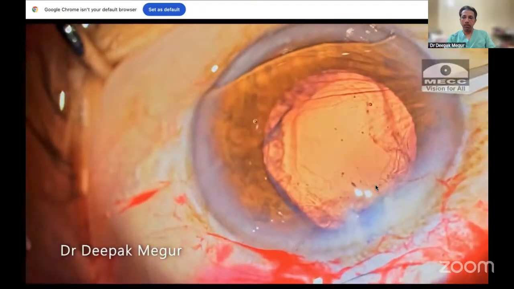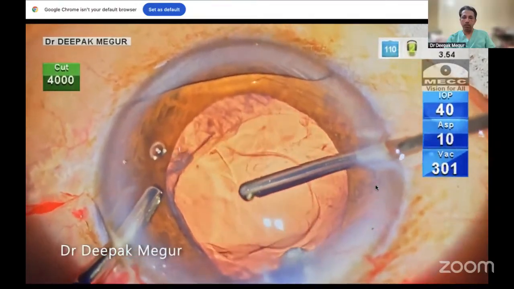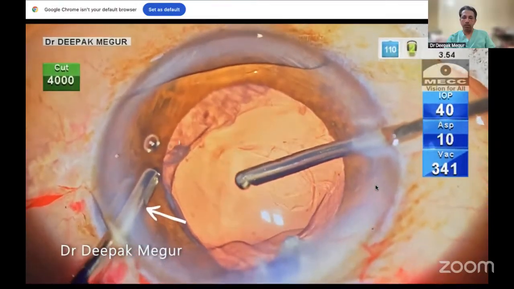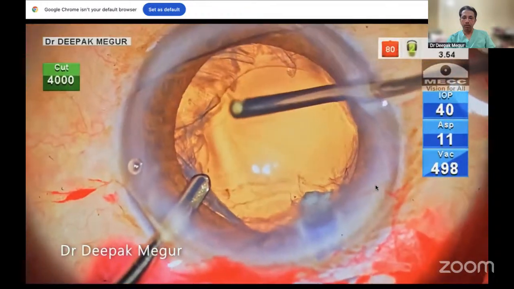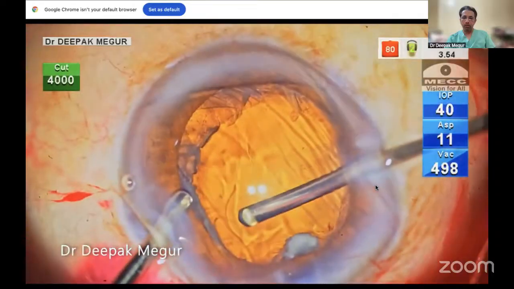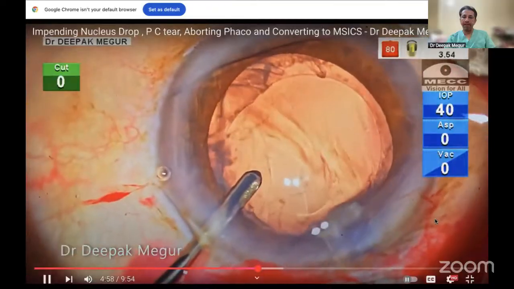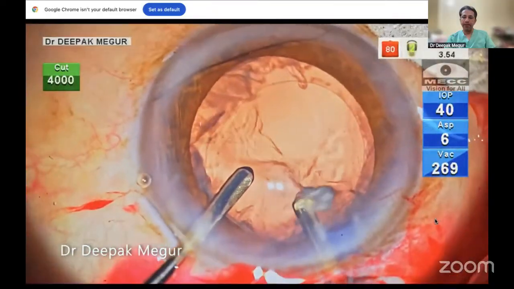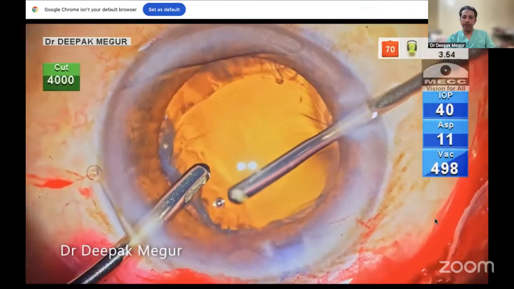I create a side port for the cutter. I'm using the original phaco incision for irrigation. I'm holding the cannula in a slanted way to block the big incisions, so as to minimize any wound leak. Well, this is just a workaround to avoid another side port for the irrigation. So I begin my anterior vitrectomy process, and in a couple of minutes, the anterior vitrectomy is complete,